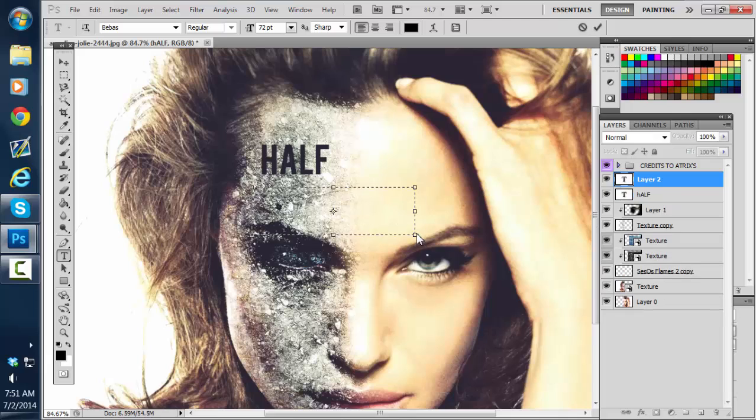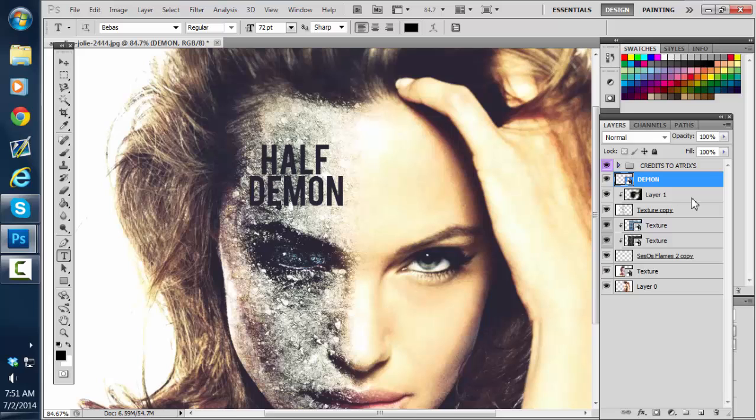And then just underneath it, put the second word, or if you have a second word, put the second word. And I'm gonna put demon. So there. And then we're gonna combine them layers. So convert to smart object, and then we're going to